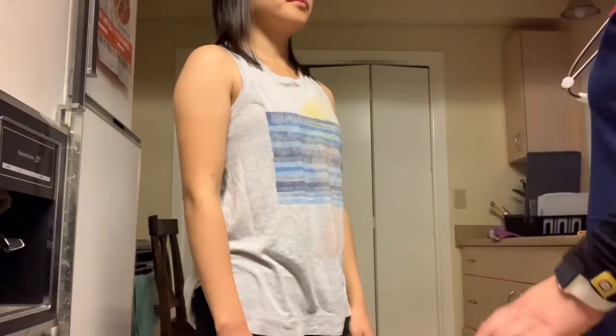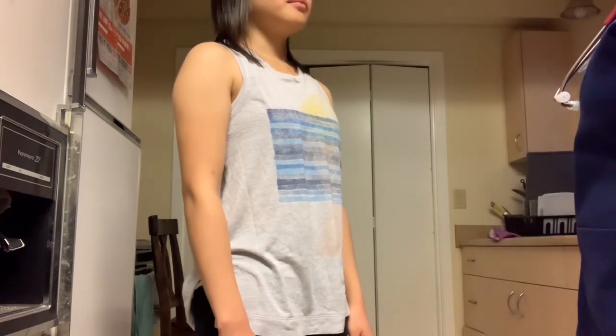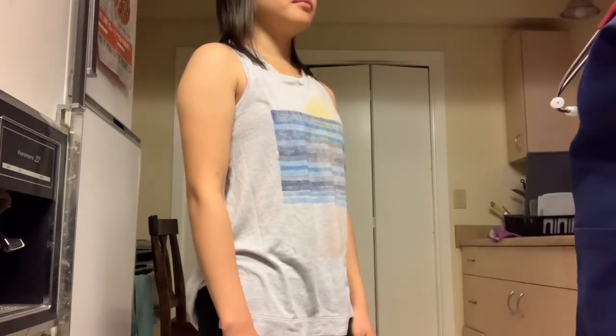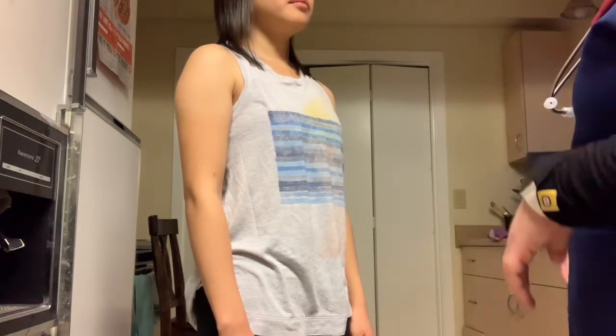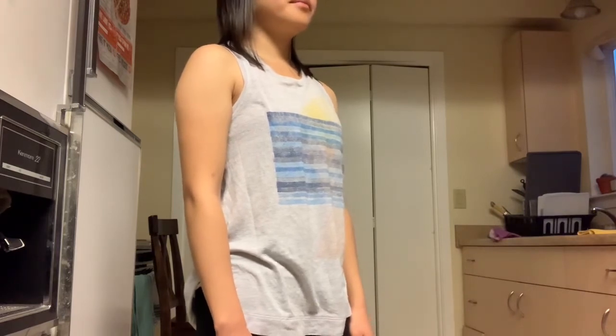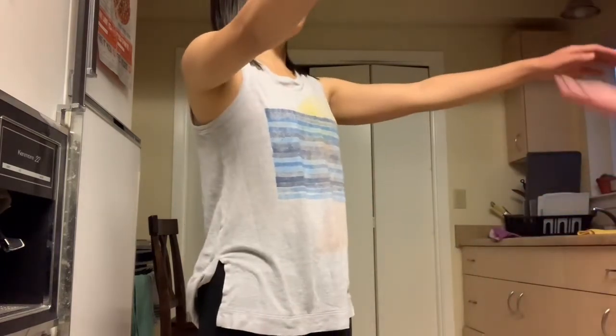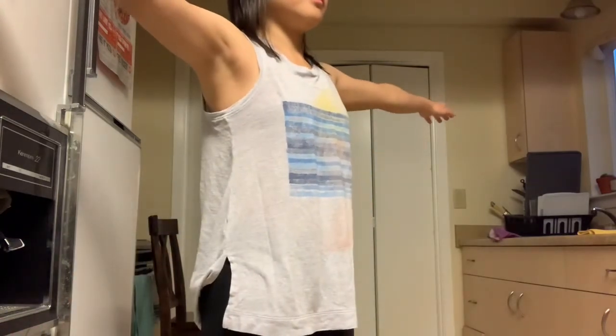Okay, so next we're going to assess your upper extremities. So upon inspection, her arms are bilaterally symmetrical. Joints appear to be in alignment. Muscle development is even. So I'm going to have you just mirror my movements. Okay. So we're going to raise your arms for flexion, behind you for extension, out for abduction, and back